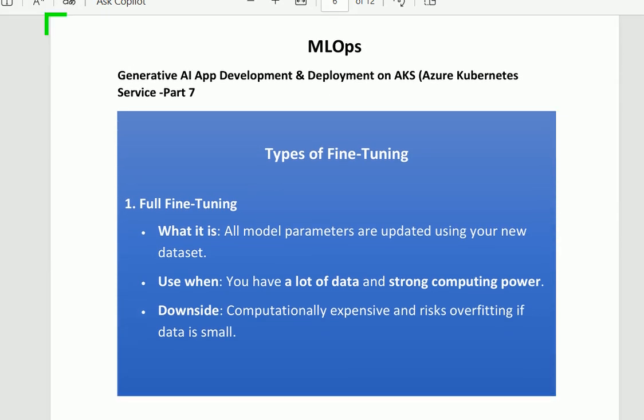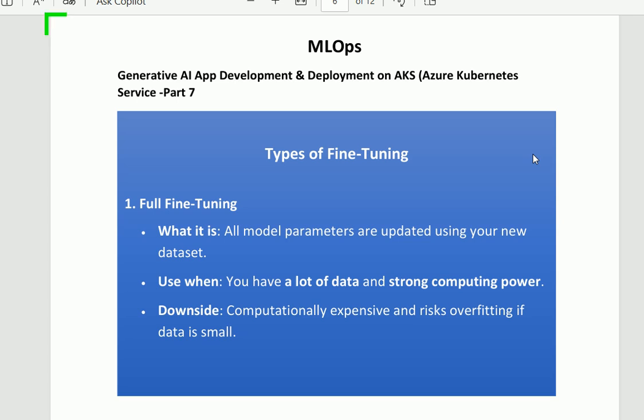Let's move to the next topic, the types of fine-tuning. First of all, I have explained what fine-tuning is. Now I shall explain the types of fine-tuning. The first one is full fine-tuning. In full fine-tuning, all model parameters are updated using your new data set.